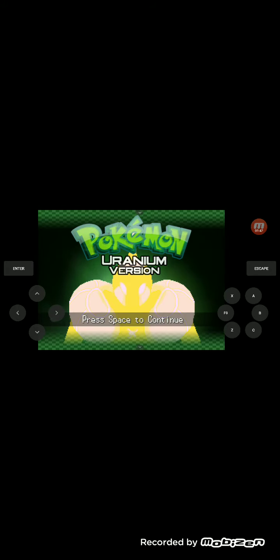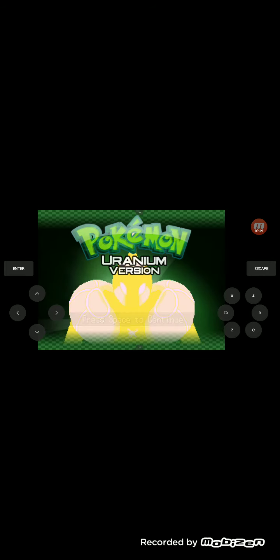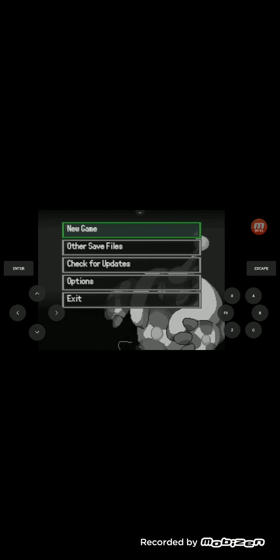Pokemon Uranium version. So just click. So yeah, the game is this. You have the controller for pressing the buttons. These are the things. Go to new game.